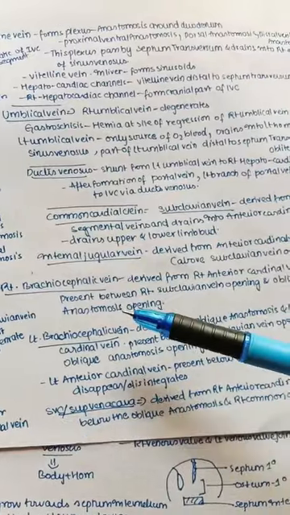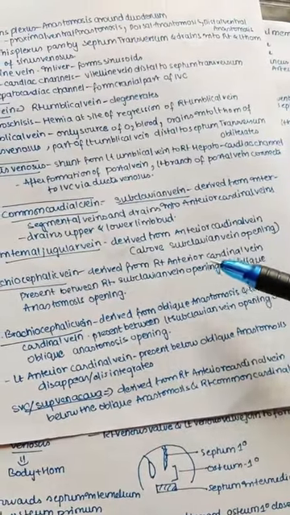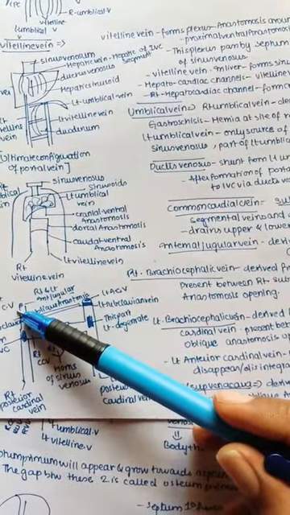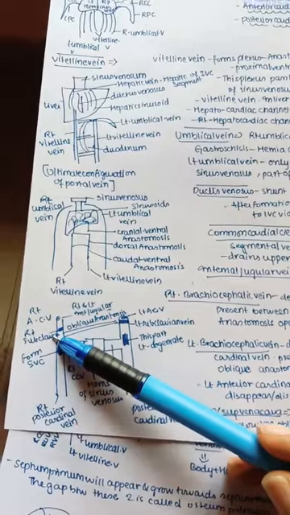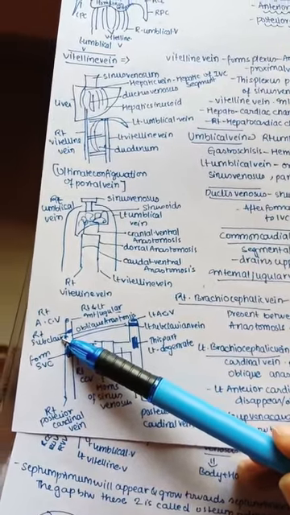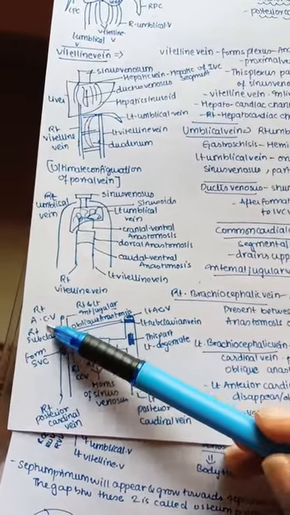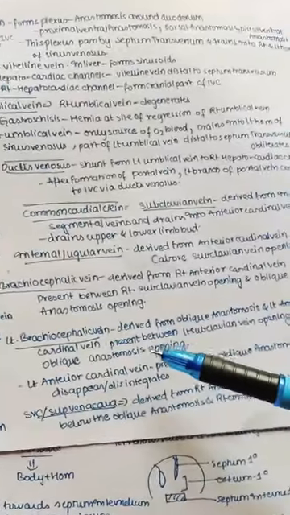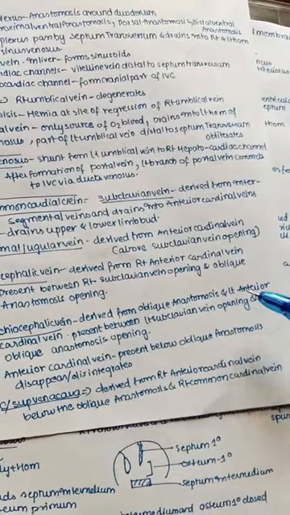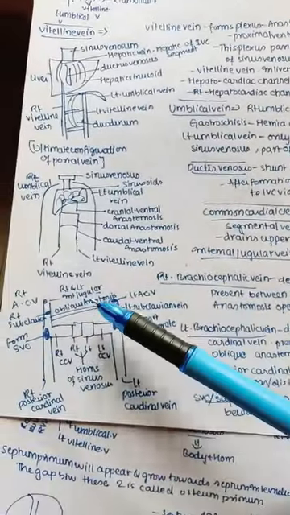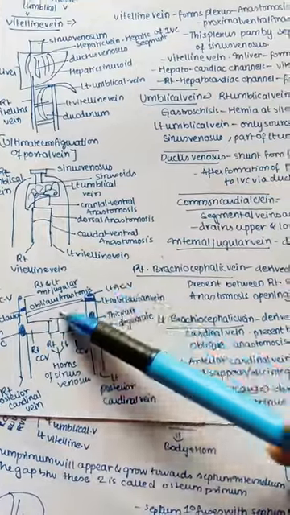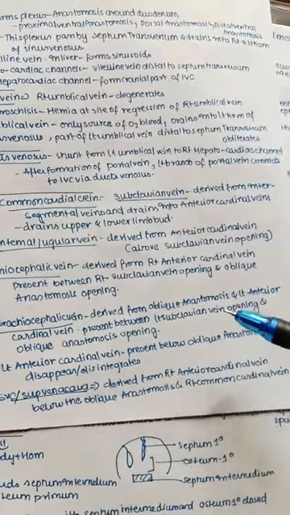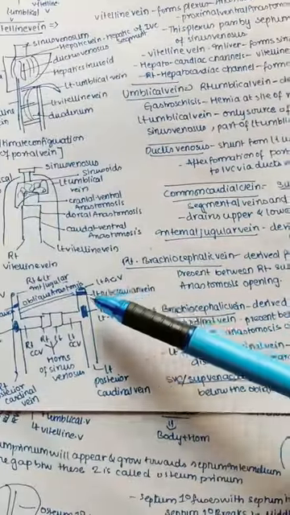And the right brachiocephalic vein is derived from the right anterior cardinal vein. You can see here the right anterior cardinal vein, which is mainly present between the right subclavian vein opening and also the oblique anastomosis opening. So you can see it is exactly between them. And the left brachiocephalic vein is mainly derived from the oblique anastomosis and also from the left anterior cardinal vein. You can see this is the oblique anastomosis and left anterior cardinal vein. So these two give rise to the left brachiocephalic vein, and this is present mainly between the left subclavian vein opening and also the oblique anastomosis opening.